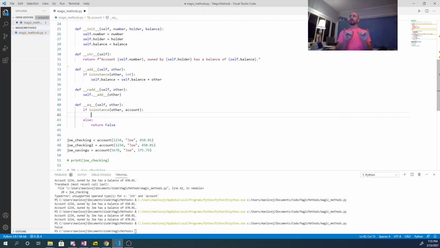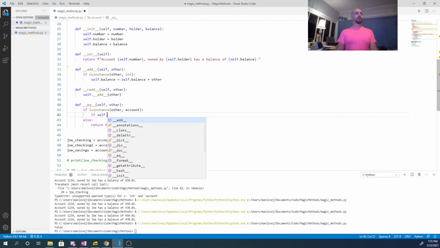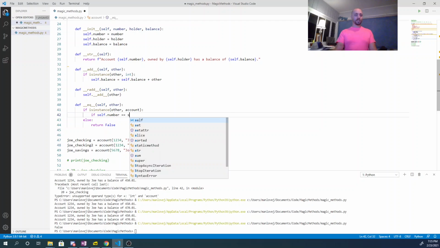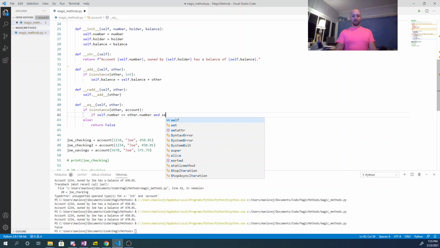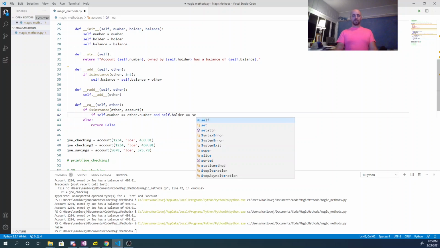If they are both accounts, what it should do is it should check if all the information is the same. So the way it's going to check if all the information is the same is we're going to say if self.number equals, not self, but other.number. Right, so if the account numbers are the same, and self.holder is other.holder,